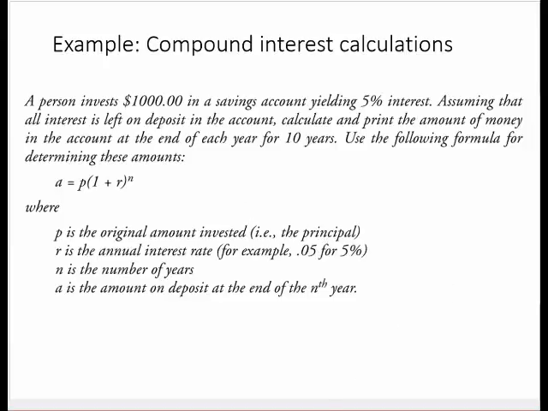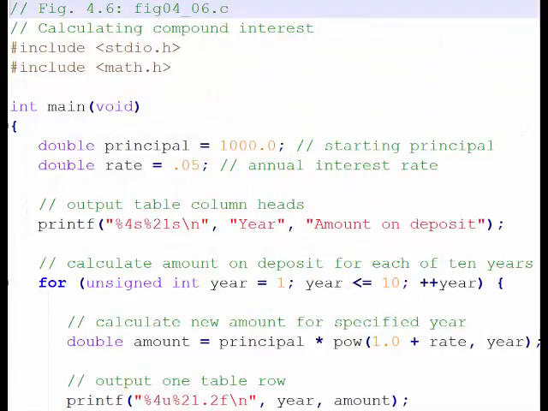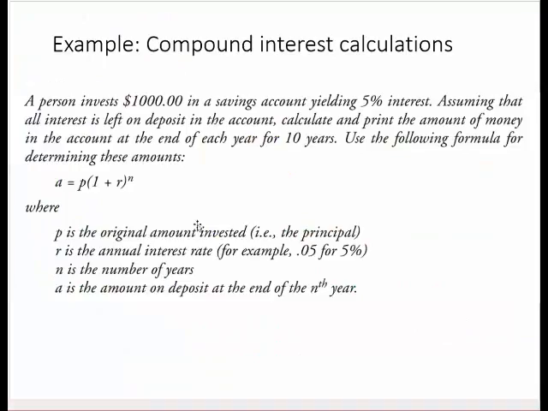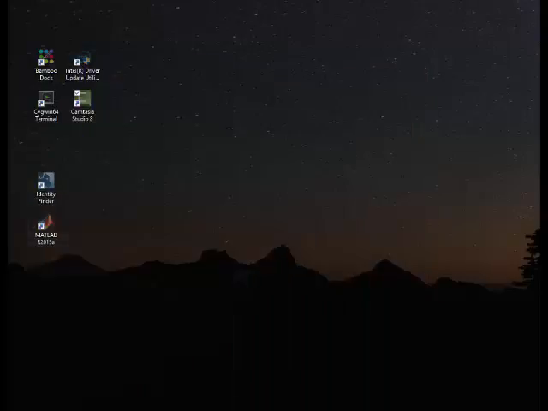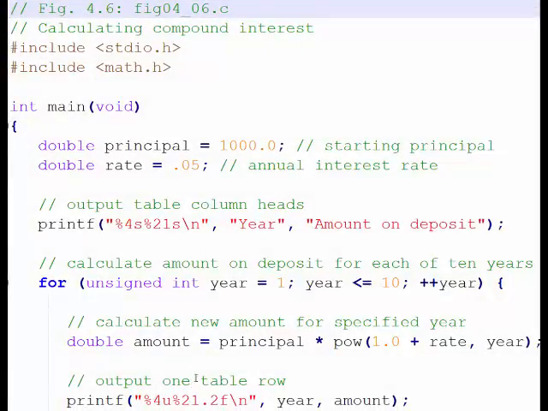So now let's look at the code. I brought it in already. There's a few new things. One, the formula here involves something raised to the power of some number, something in parentheses raised to a power. It's 10 times, but I don't have a mechanism right now to raise something to a power. So what I have to do is